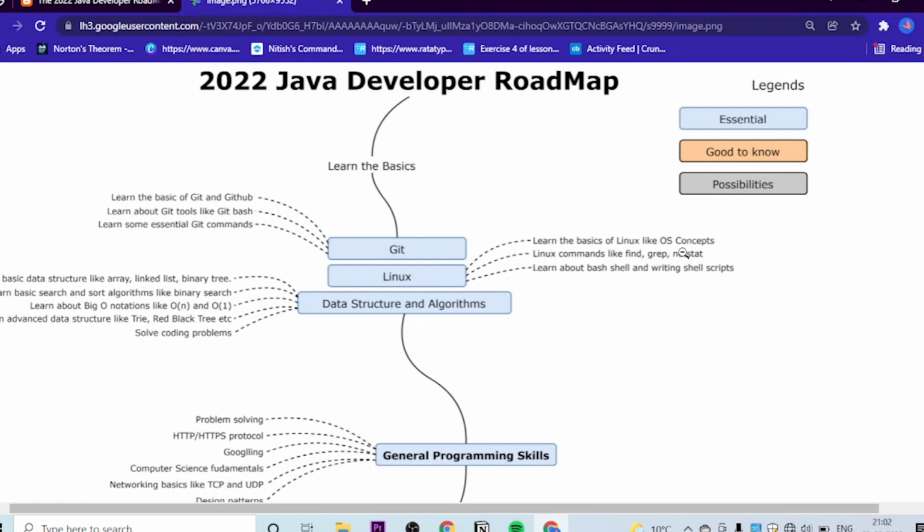Like OS concepts, operating system concepts, then Linux commands like find and netstat. Alright, and then you have to learn about bash shell and writing shell scripts. You might say to me, I don't know about these terms and things like that. Don't worry, you can just search it on YouTube, or you can also purchase a course on Udemy